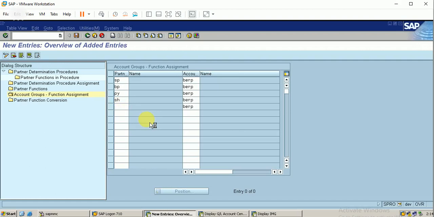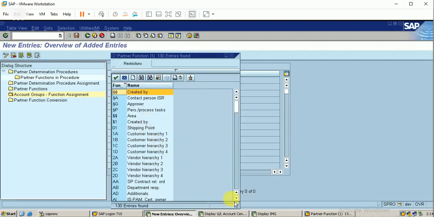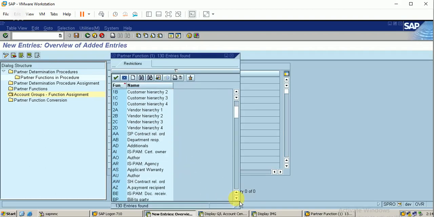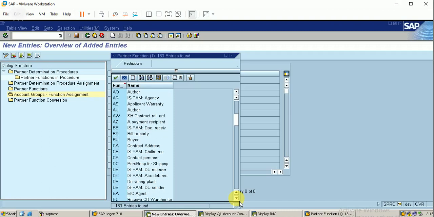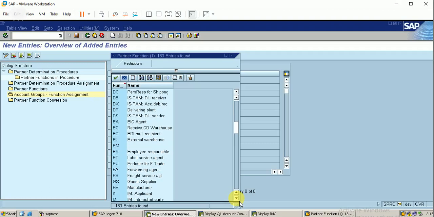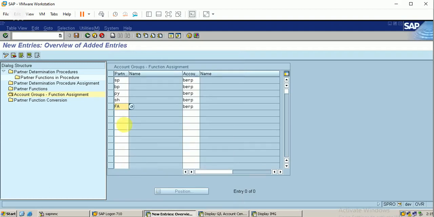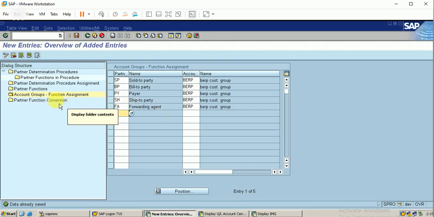Then, let me just click on enter. Okay, then again click on enter, enter, enter, enter, enter. Then only this thing will be completed. Then click on save. So kindly follow the steps, then only it will be assigned.